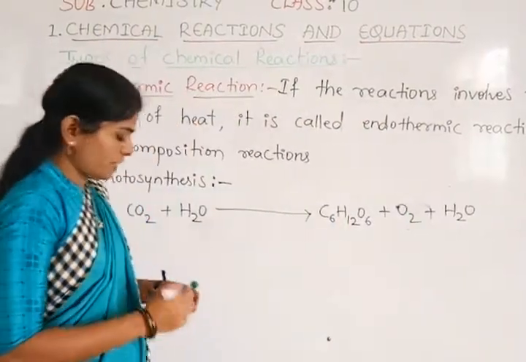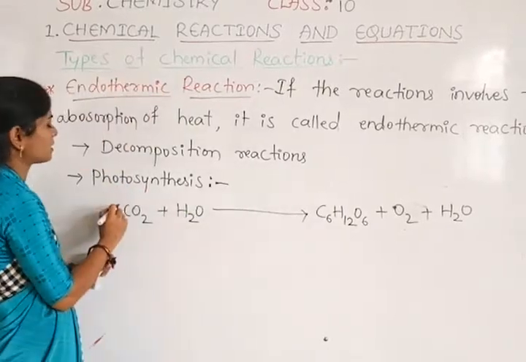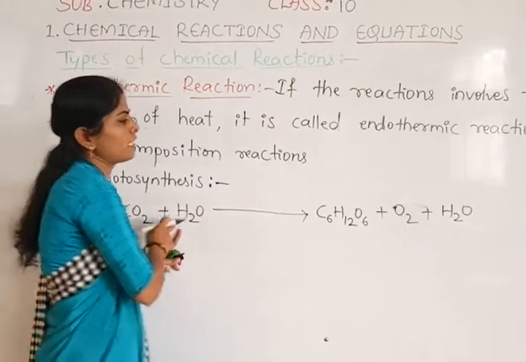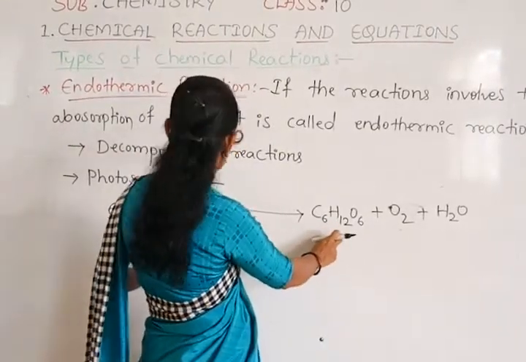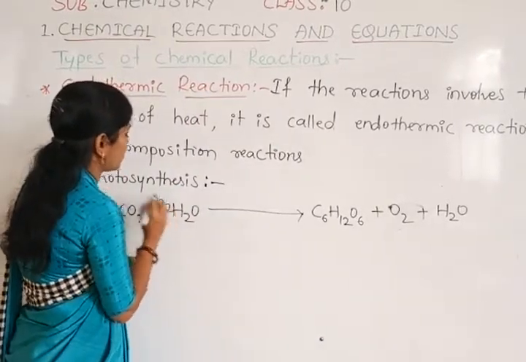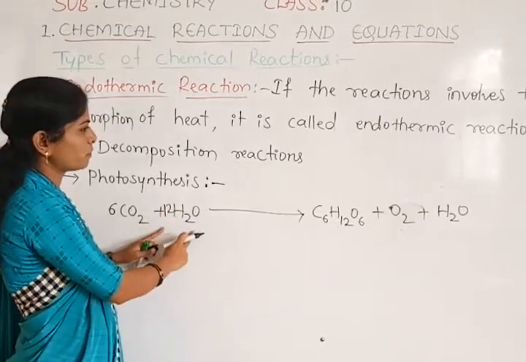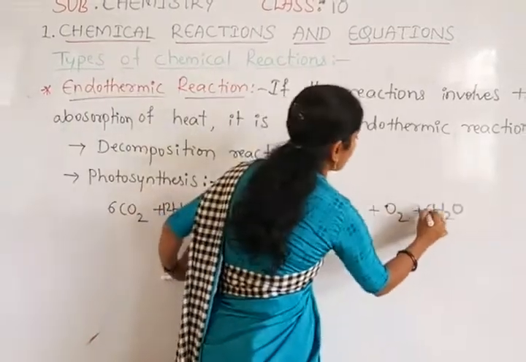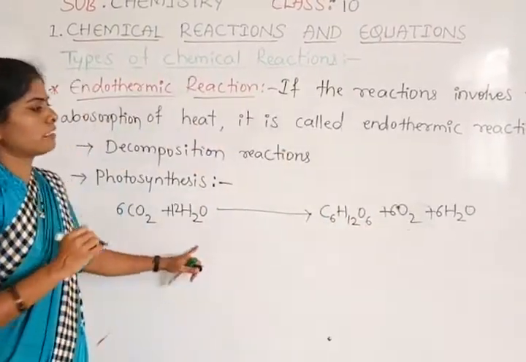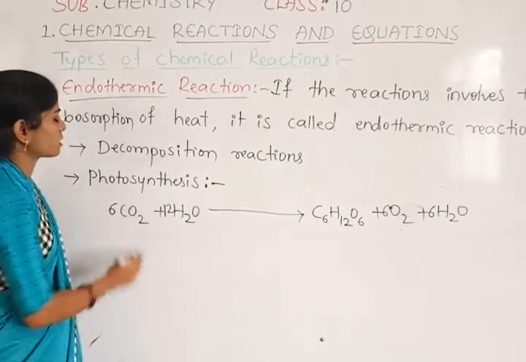And we can balance this first. Here only one carbon is there, here 6 are there, so we balance it with 6 CO2. Okay, and here only 2 hydrogens are there, and here how many are there? 12. So if I multiply this with 12, again it will become 24, and here I have to multiply with 6, and to balance the oxygen we have to multiply with 6.